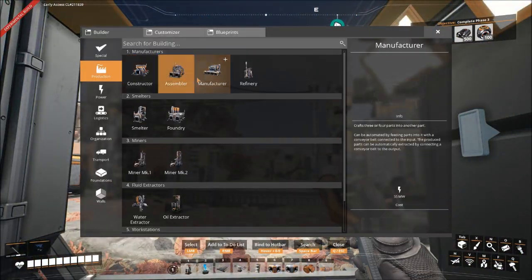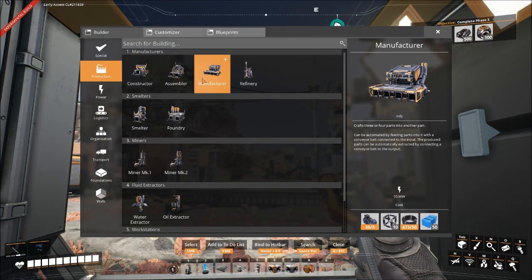What's the manufacturer cost me? Like I said, 5 motors, 10 modular frames. I have to build them by hand anyways, and that's kind of the thing. I can do a lot of this by hand, but I do it to unlock stuff. But you get into that situation where you're just constantly crafting